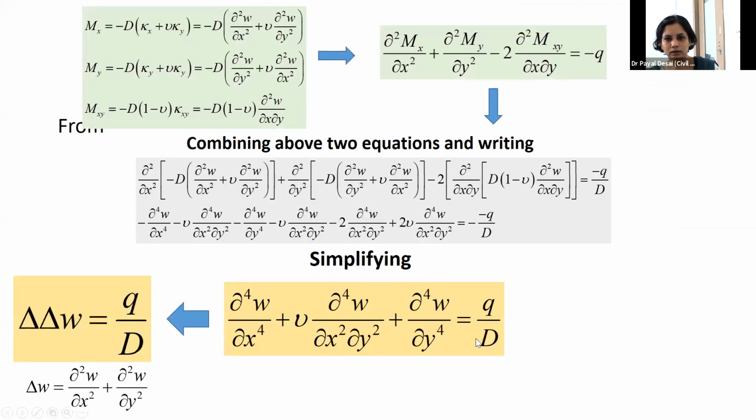Okay, so ultimately what is our objective? This is my equilibrium equation, one single equation, because I have used all three in one. The other two moment equations I have replaced in the q equation. So one single equilibrium equation I am making. And my purpose of analysis is to analyze this using one single equation. So you replace moment in terms of displacement and then simplify it, and you get the fourth order differential equation of the plate analysis. So we have finally arrived at